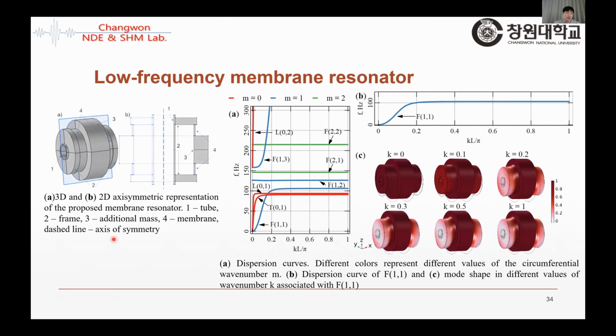And this is another application. The membrane resonator shows a promising result in noise cancellations. So we use the special shape of